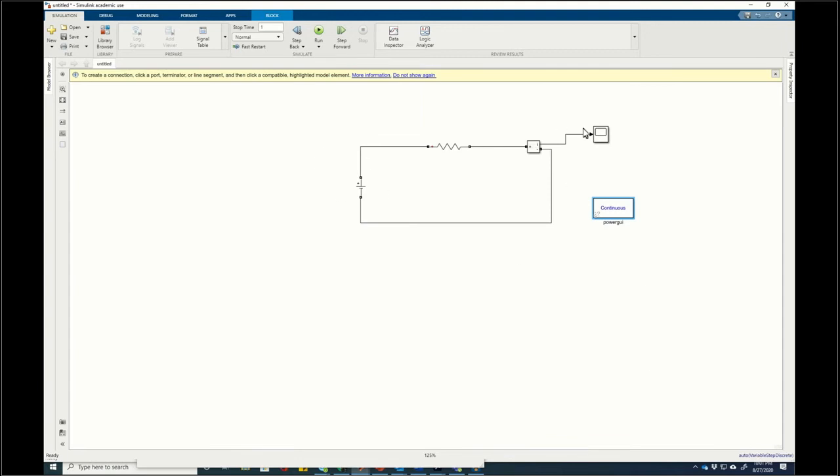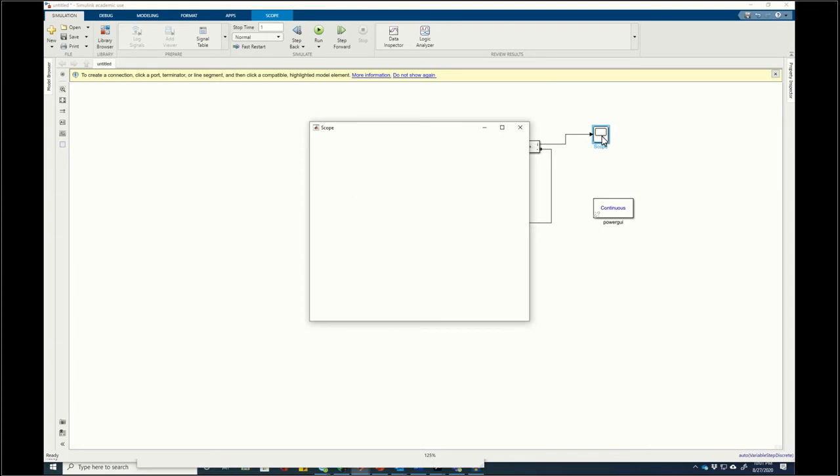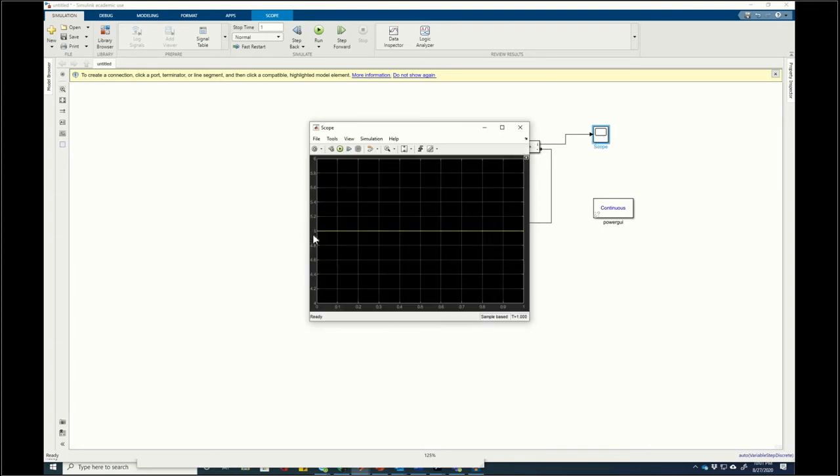Alright, so once you run it, you should now see a current of 5 amperes. And that's what you see here, right? 5 amperes. That's the current level on the y-axis, and on the x-axis you have time. So what it represents is that at 0 seconds, at 0.1 seconds, at 0.2 seconds, you have the same value, which is the constant value. So this is the representation of direct current,